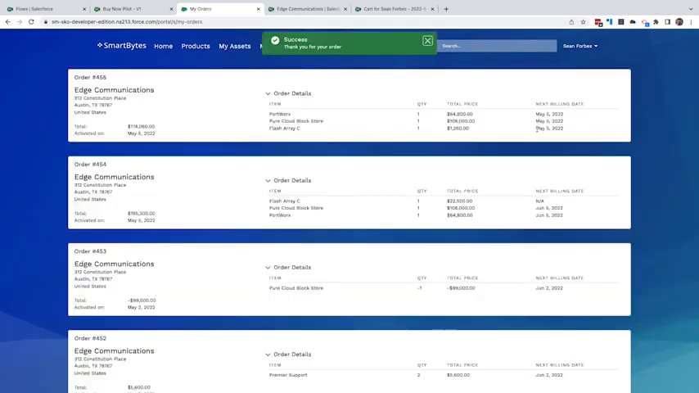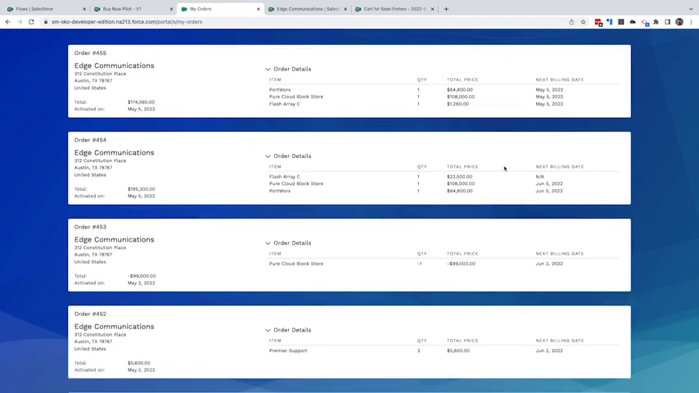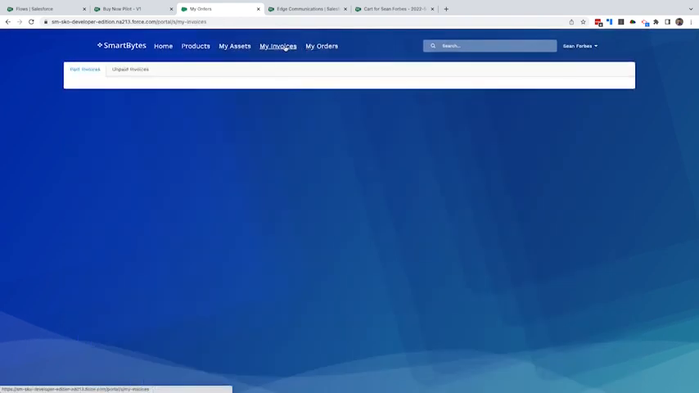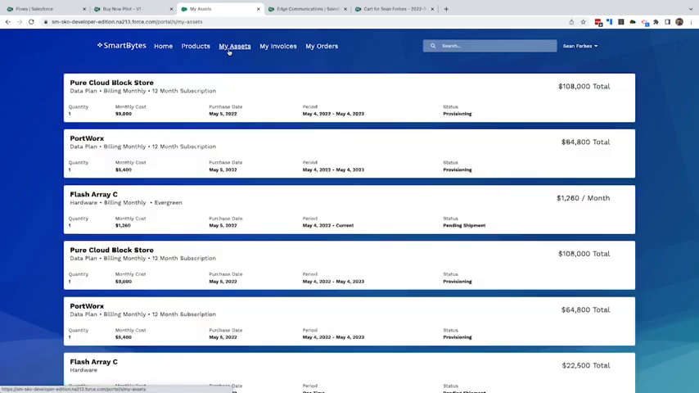Behind the scenes, buy now flow is creating the order, generating invoice, collecting payment, and finally applying the payment against the invoice. My orders page shows all the products that the user placed so far, and we can see the new order here. Moving to my invoices, we can see the invoice for the newly created order. If you look on the right, the invoice is paid in full. We were able to successfully collect the payment from the user's credit card and apply it against the invoice. Under my assets,